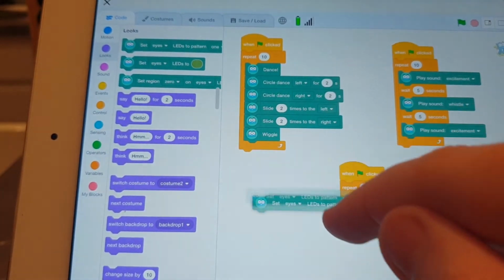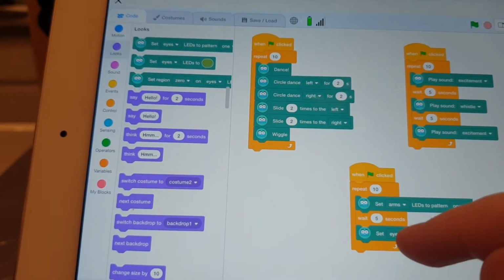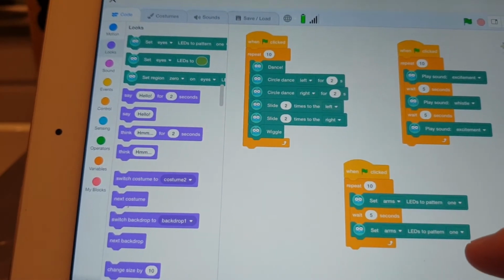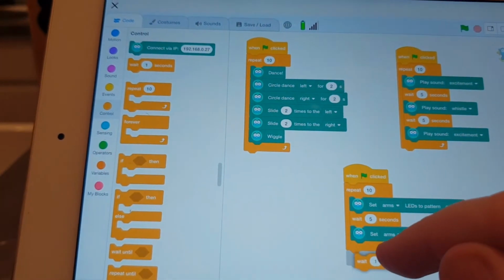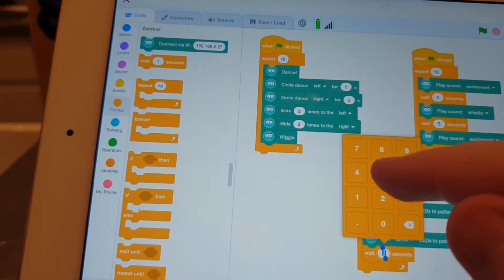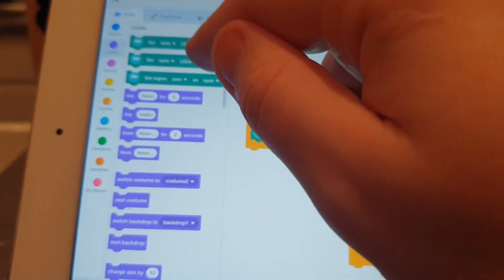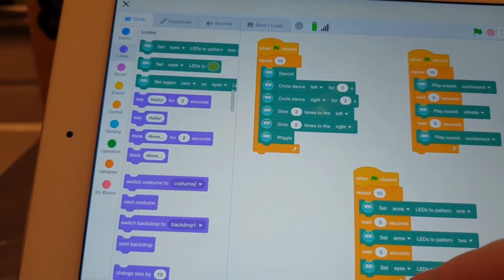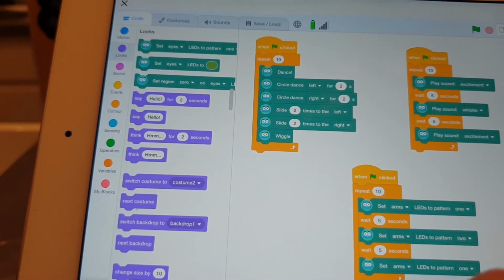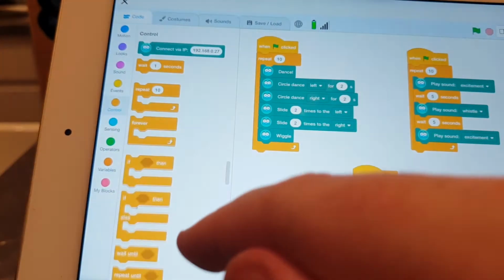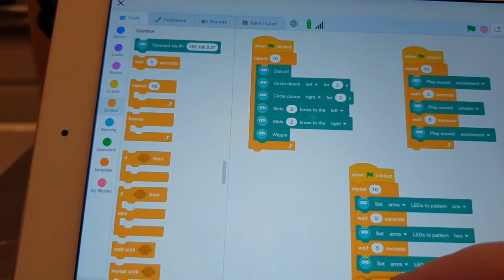I'm going to go back into Looks and I'm going to pull out the LED pattern button again to put it underneath that wait. I'm going to have Marty set his arms LED pattern to pattern 2. Then I'll go back into Control and put in another wait 5 seconds. And then back into Looks, I'm going to have Marty set his arms LED to pattern 1. And then I'm going to have one more wait 5 seconds